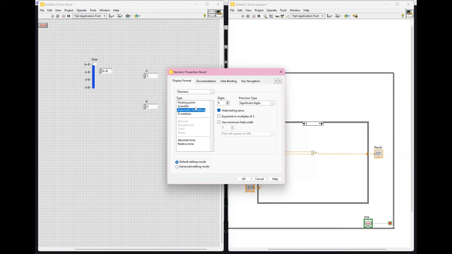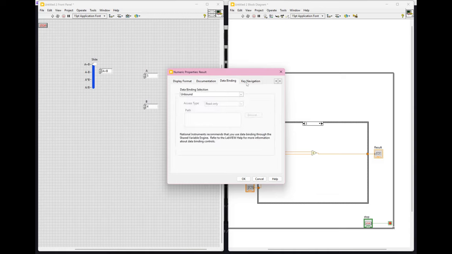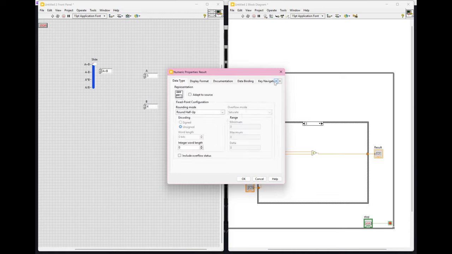see the results. To test your VI, enter values for A and B, then move the Operation Selector slider to choose an operation. The result indicator will display the outcome based on your